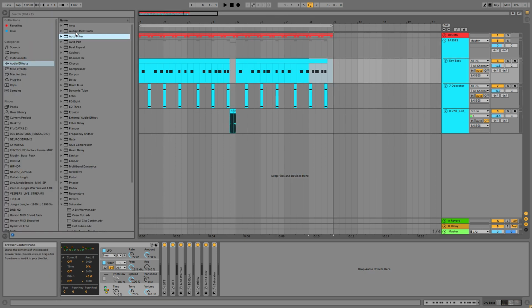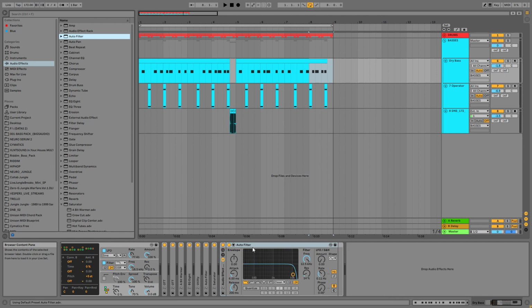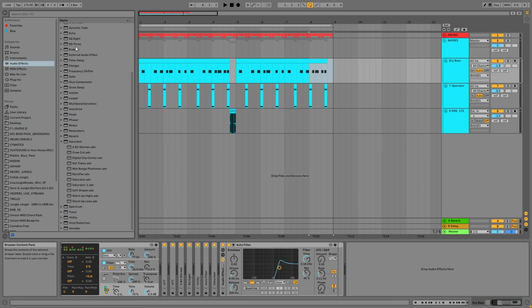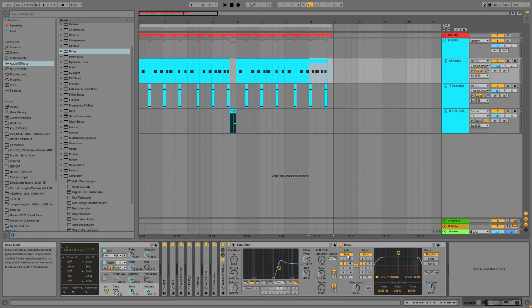So let's go to the audio effect rack. And what I want to do is add a high pass filter. So we're going to high pass this thing along with some delay. Okay, so let's go to delay. And what I want to do with the delay is to make it really short. So I want to give it a metallic kind of resonance kind of thing when we get to the end